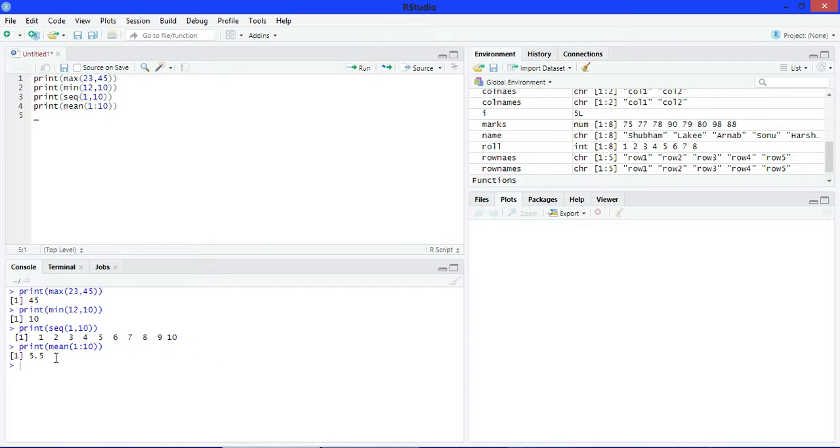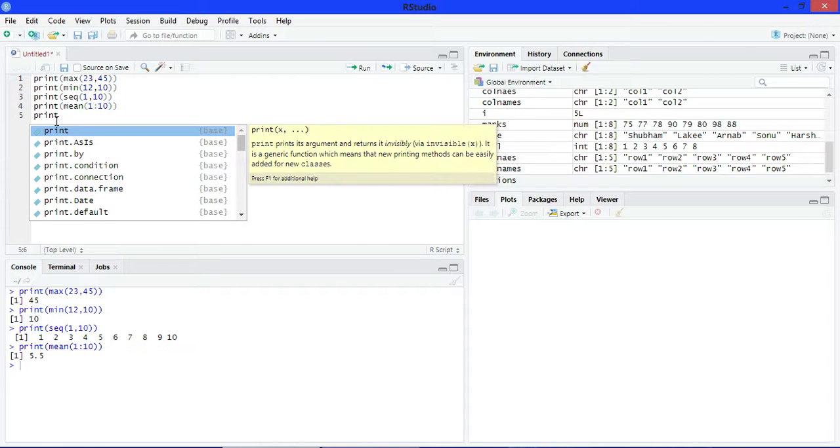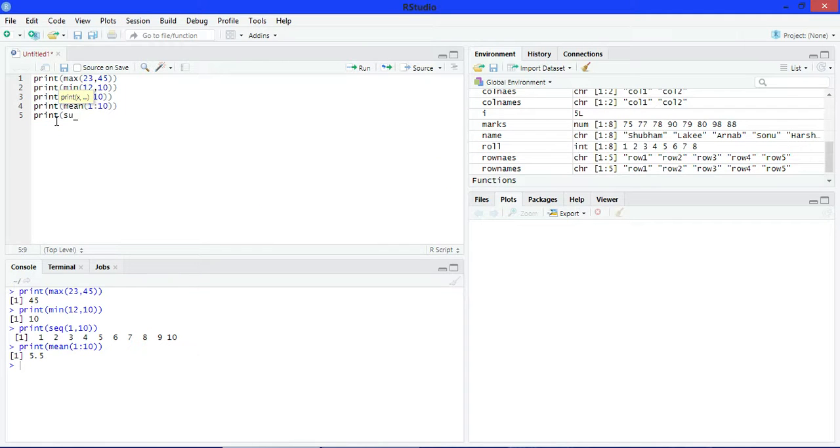See, the output is 5.5, which is the mean. Some functions return the sum of these values. See, the output is 25, which is the sum of these two values.